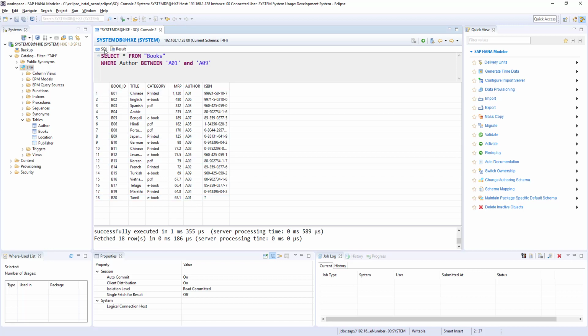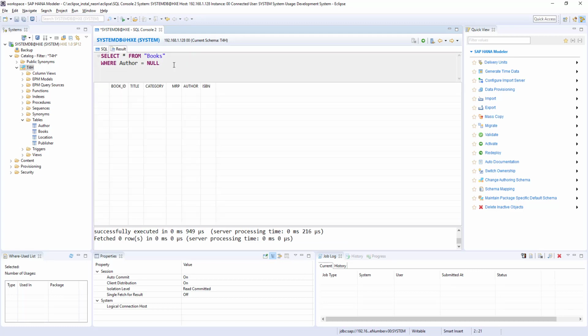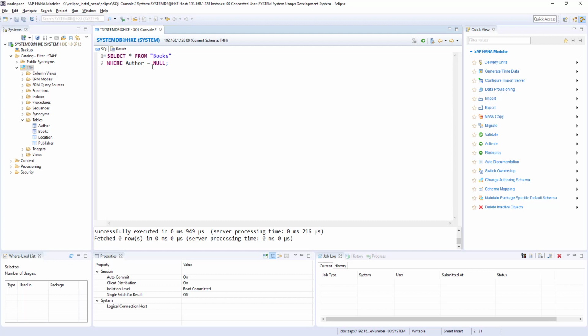Okay. So now this statement removed null values. But if I want to see the null values data, then you may assume null is the keyword, so author is equal to null. If I run this statement, I get 0 records, because when you are using null, the equal to comparison operator won't work.